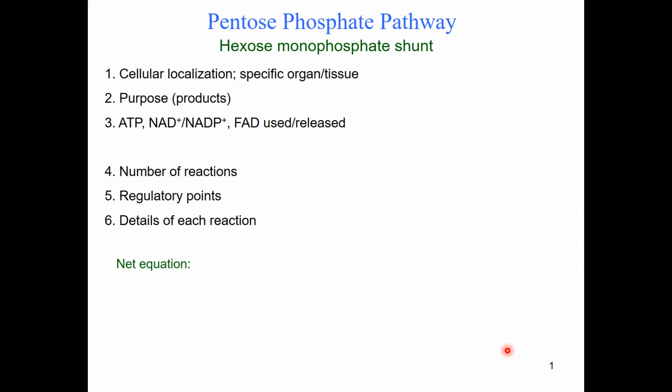As usual, we will use our outline to consider cell localization, purpose, the amount of ATP or NAD plus and NADP each, number of reactions, regulatory points, and details of each reaction. So for the pentose phosphate pathway,